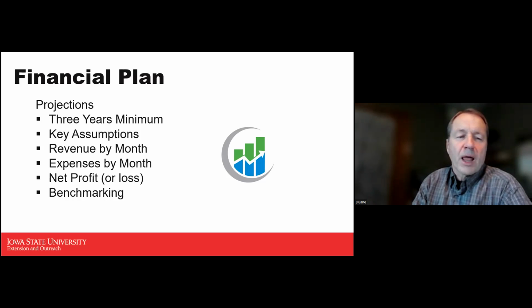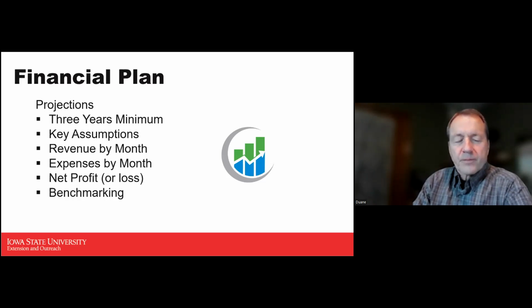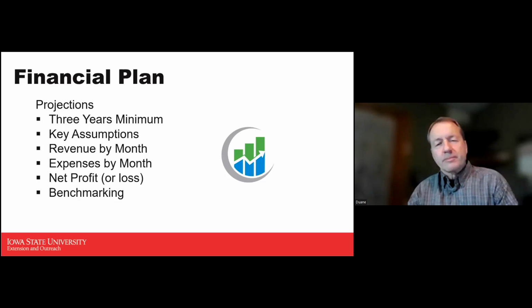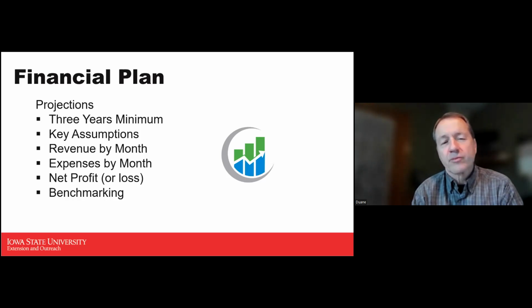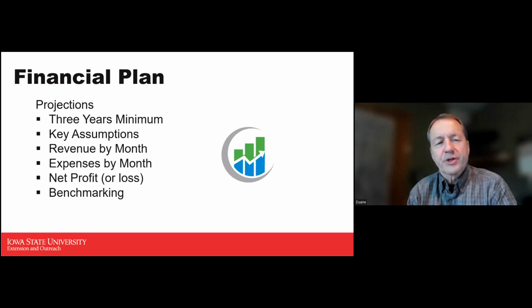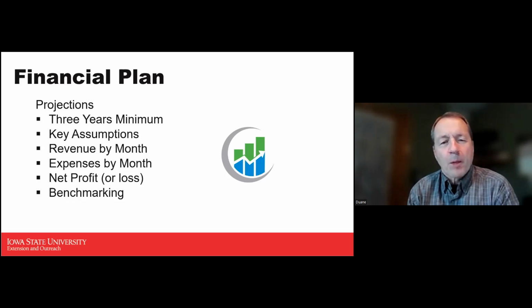What are the things we relied upon to determine how much revenue we would have, what our expenses were going to be, that sort of thing. We'll look at our revenue and expenses by month, and we'll want to do monthly projections for the first year. After the first year, it's optional. You can either continue to do monthly projections for the full 3-year projection period, or you can start to just do annual projections for year 2 and 3. But for that first year especially, we want to see month to month,